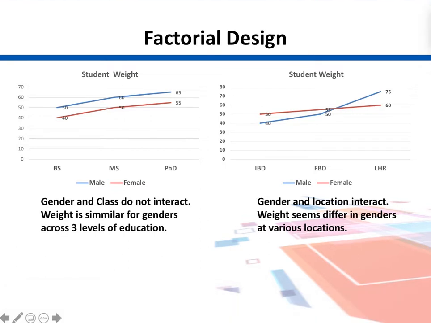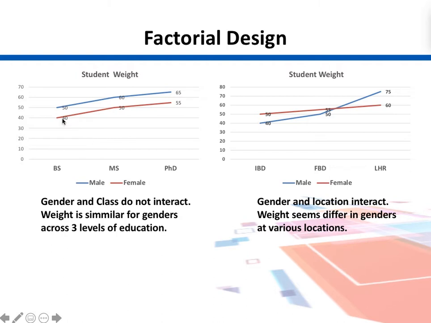We draw these plots, which we call interaction plots, and here we see the lines representing both genders, male and female. So this variable, gender, is represented within the graph through these lines, and at the same time we put the response variable on the y-axis and one of the treatments or factors on the x-axis. Both of them are categorical variables. One has three categories or levels, and the other has two levels.